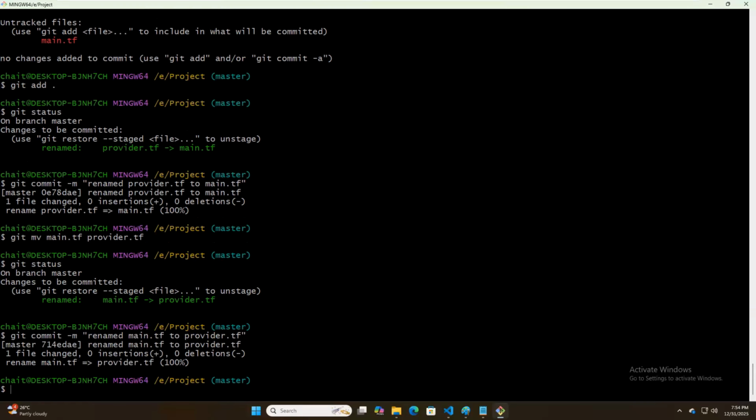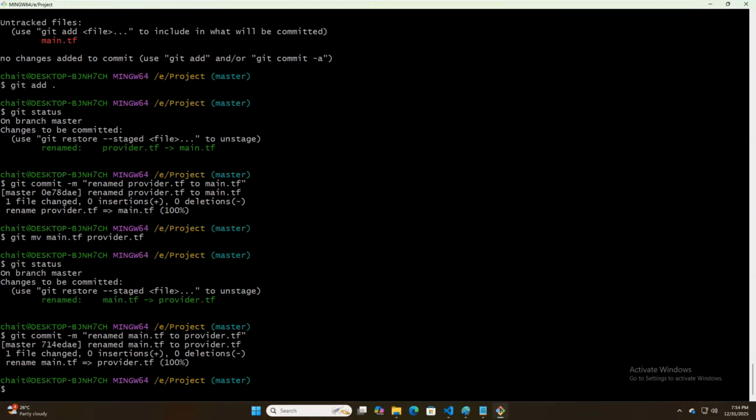So this is how you can rename a file. Whenever you are renaming a file, you must be very aware of what you are renaming and how you are renaming. So don't ever use the mv command. For renaming files, you can use the command git mv so that you don't need to do anything manually. Manual mistakes won't be there. Okay, so this is the concept of renaming. And the next one is